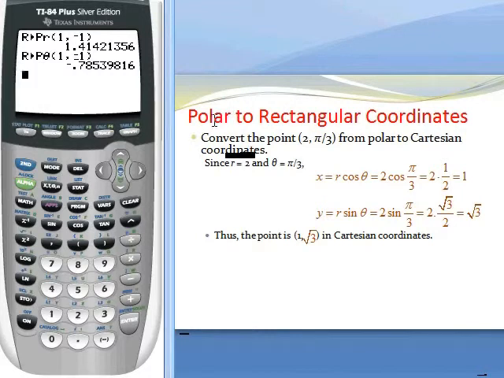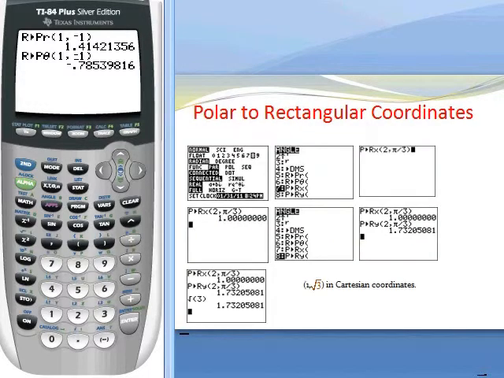Now, let's try to go from polar to rectangular. Let's say I have a polar coordinate of 2, pi over 3, and I want to go to Cartesian coordinate system. You know that this is simply x equals r cosine theta. You just plug that in, you get 1. y equals r sine theta, you just plug it in and rad 3. So 1 comma rad 3 is in Cartesian coordinate system,